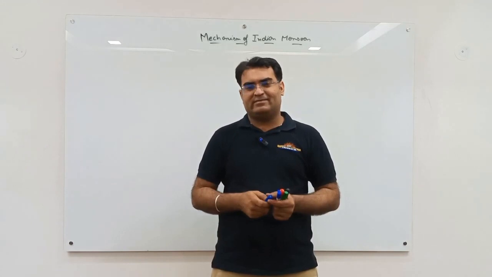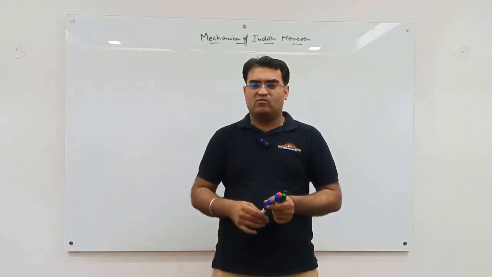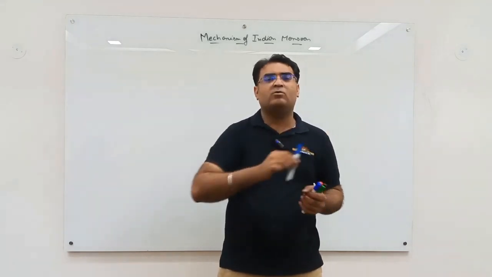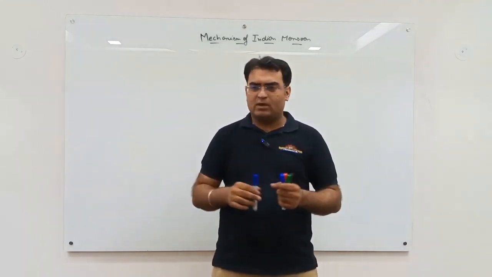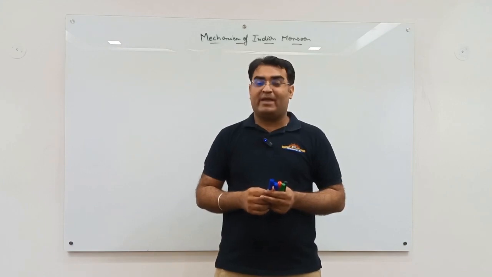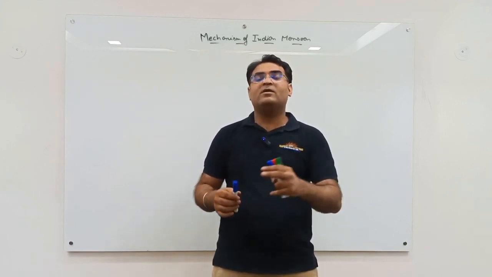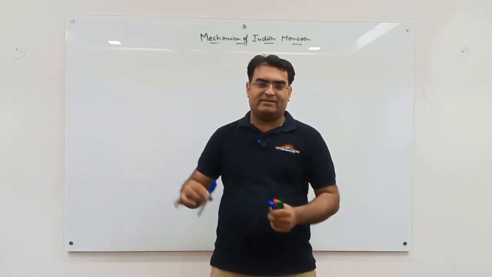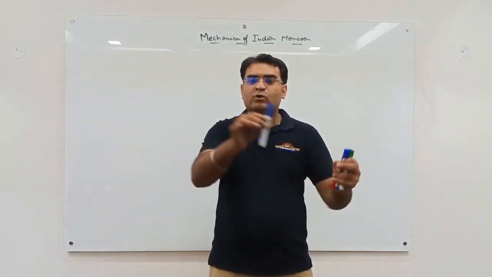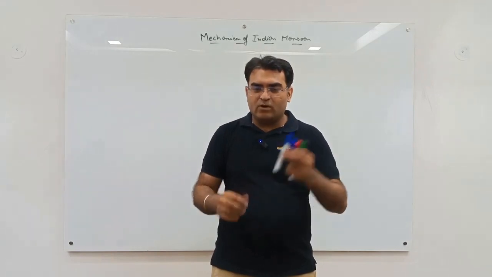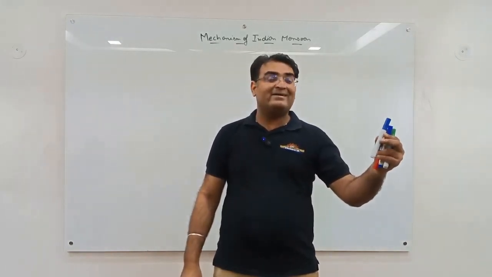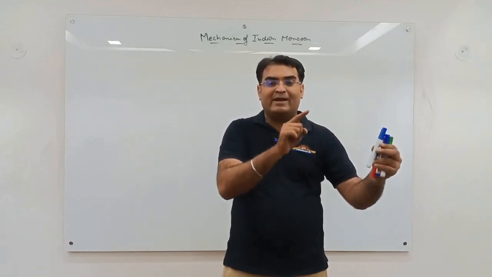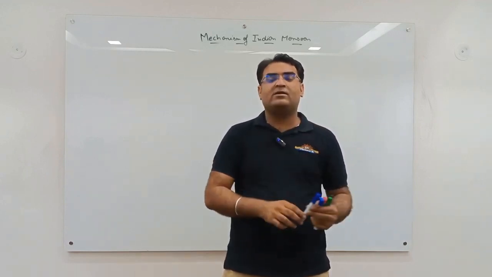Why do we have these seasons? There are two factors behind it. First, the tilt of the earth. Second is the revolution of earth around the sun. Now let's understand one thing. We are in the month of May. It means the sun is focusing on the northern hemisphere. Because of that, we have our summer season. By the month of October, November, when the sun is focused on the southern hemisphere, that results in the winter season in our northern hemisphere, and at the same time summer season in our